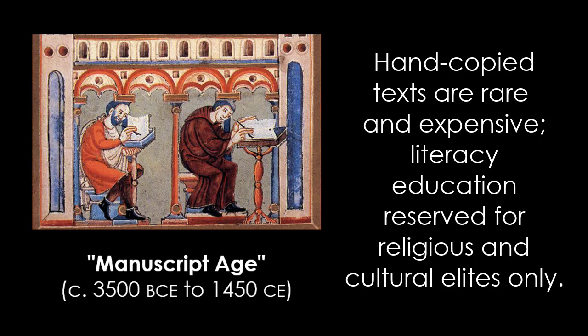Certainly those in religious hierarchies in the Western medieval tradition, for instance, those that were primarily responsible for producing books like copies of Bibles, and those that were going to be in the service of those in charge of the upper classes. So we're not even necessarily talking about the kings and queens as much as the advisors of kings and queens that were going to need to have access to this stuff.